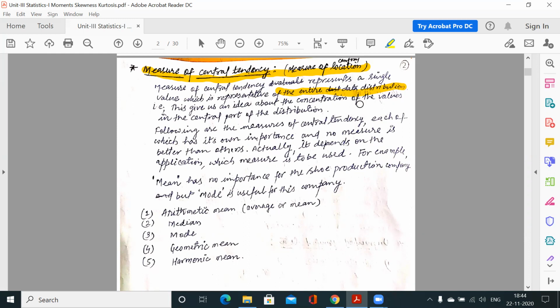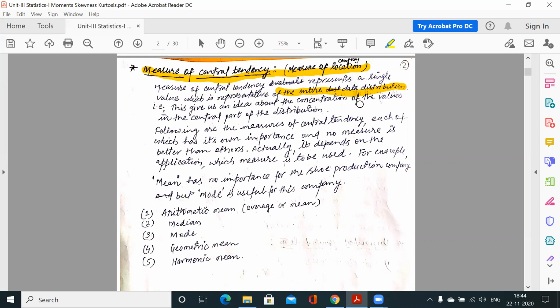Similarly, if I ask the same question to another student, he also tells me his marks in 10 subjects. Again, more data means more confusion. I cannot remember all the data points. And if I have 60 students or 100 students in my class, I cannot remember all the data points. But if both students tell me their average marks, one got, suppose, 84, the other got, suppose, 81 or 75 average marks.